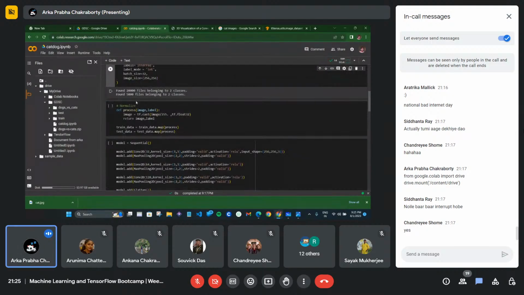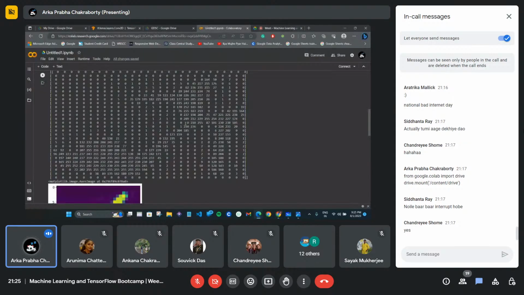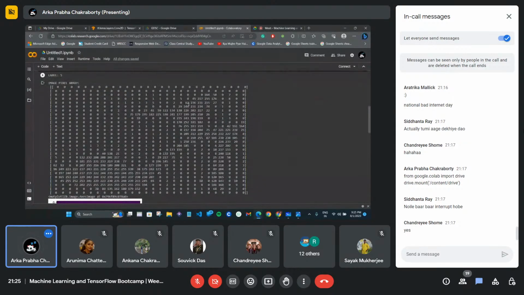And the main thing, as you have seen, this is my values, right? I have to normalize these values. Why I have told you: because if you have multiplication in the convolution layers, there will be huge values. If you multiply some values with 35, 179, there will be so many huge numbers.